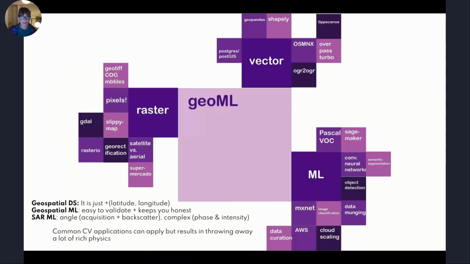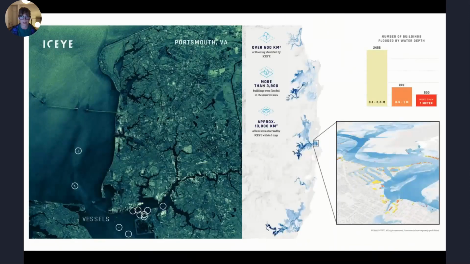And so thinking about geospatial machine learning, there are components. Of course, there's your machine learning component of learning about all these different capabilities and leveraging some of these types of libraries. You have a raster component, which is the images, the pixels themselves, and a lot of really foundational libraries that leverage that. And then this vector component, that is, where are things? What are the latitude, longitude coordinates of the shapes? Fundamentally, that's it. Geospatial data science is using a combination. And then, like I mentioned, it's pretty easy to validate. It keeps you honest. And yeah, SAR is just a bit complicated on top of that.